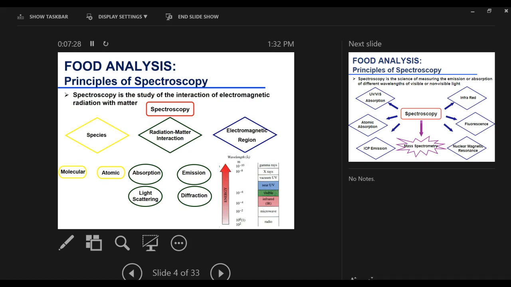And then if we look at the regions, you'll see that the light ranges from radio frequency, microwave, infrared, visible, near UV, vacuum UV, X-ray, and gamma rays. The gamma rays are the shortest, and radio is the longest. We'll learn about frequency in a minute, but with the higher